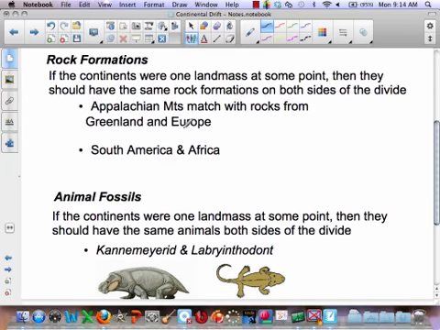he notices that rocks in the Appalachians match Europe, right? And we saw a video on Thursday talking about Loch Ness, about how some of the rocks from Loch Ness actually match up with the rocks from the Appalachian Mountains. Okay, and that's basically what we're talking about right here. And we can also see that pieces of Greenland match rocks from the Canadian Shield, despite being separated by almost 1,000 miles of open ocean.